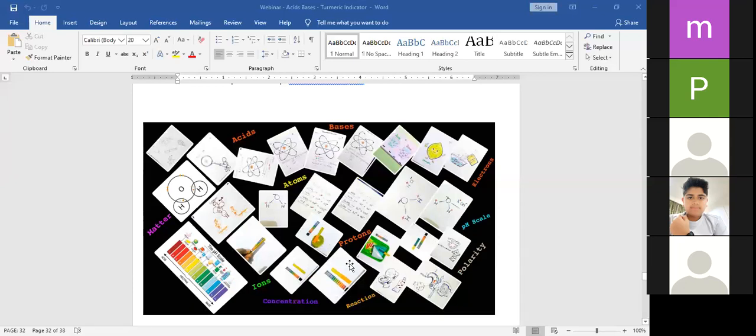We spoke about matter, we spoke about acids, bases, atoms. Atoms means we spoke about electrons, protons, neutrons, ions, and the concentration of the ions, the concentration of H plus ions or OH minus ions. What happens if the concentration is more, and what's the pH scale? And we also spoke about polarity. The polarity means the plus and the minus, the polar nature of water, and also of the acids and the bases. I think we've almost covered everything in this.